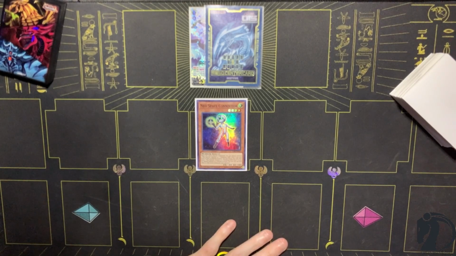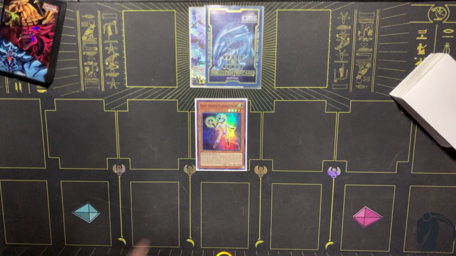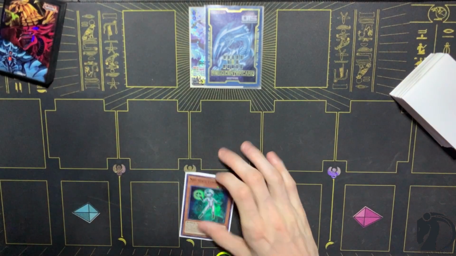Before I continue on, I just want you guys to know the deck is only slightly sorted. There are so many different combos going on, and it's a lot of work to sort the deck, and I'm kind of on a time crunch, so we're just going to play through as best as we can with the little bit of sort that we have. So without further ado,